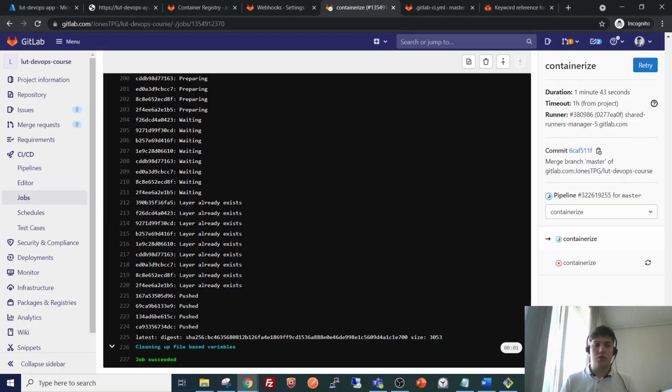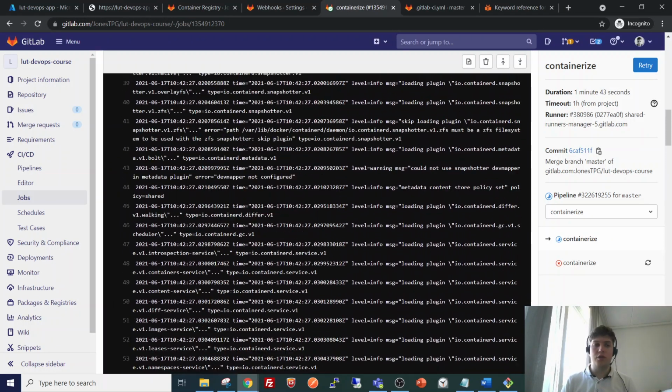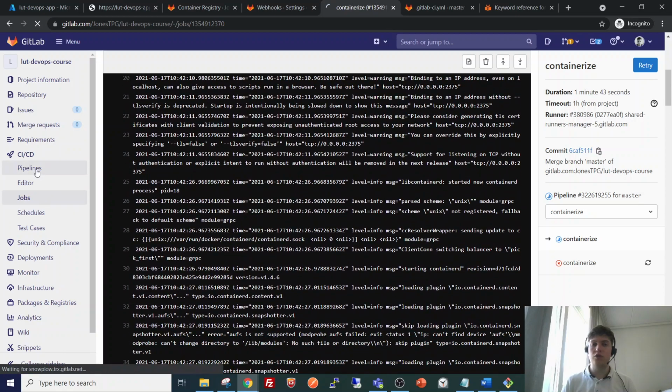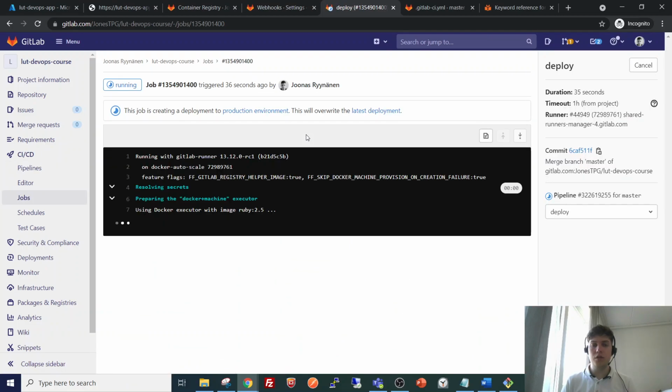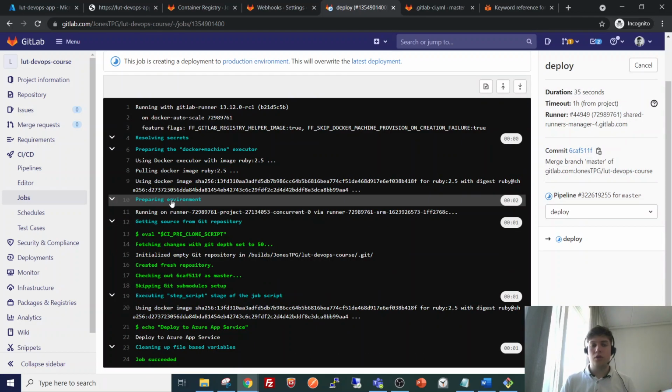But now it seems that the containerized stage has been completed successfully, so let's go ahead and see if the last stage is running, and it seems to be running here. So this stage, to remind you, makes the new deployment to the GitLab environment we defined.